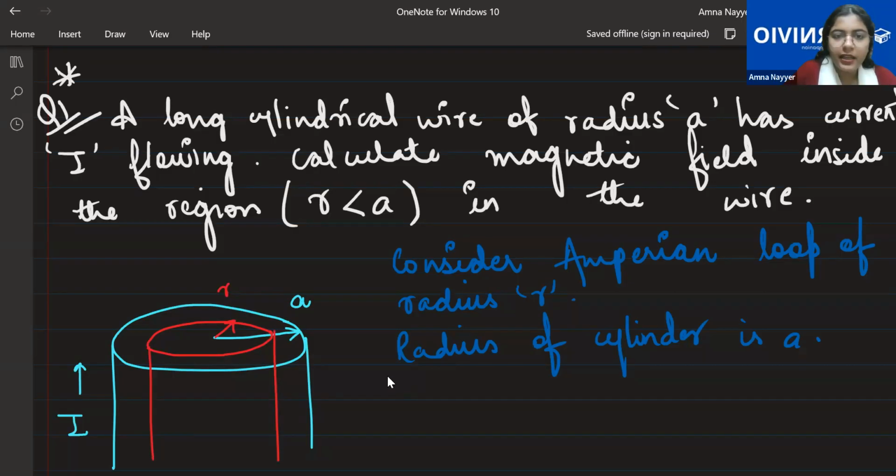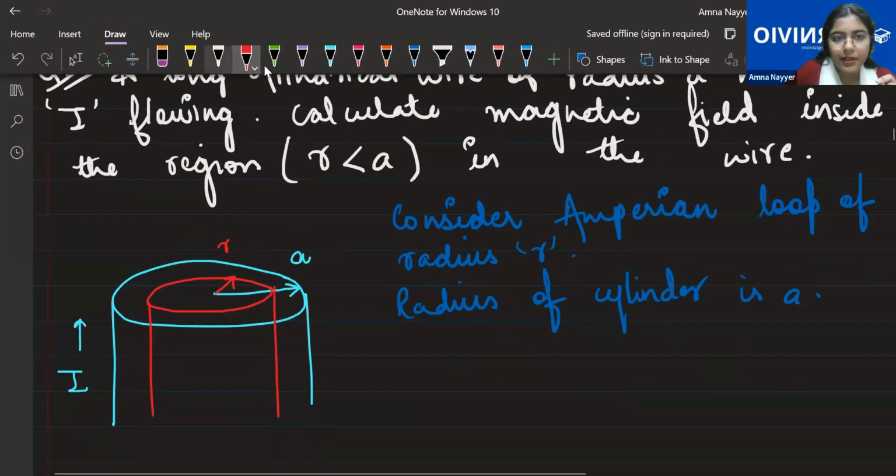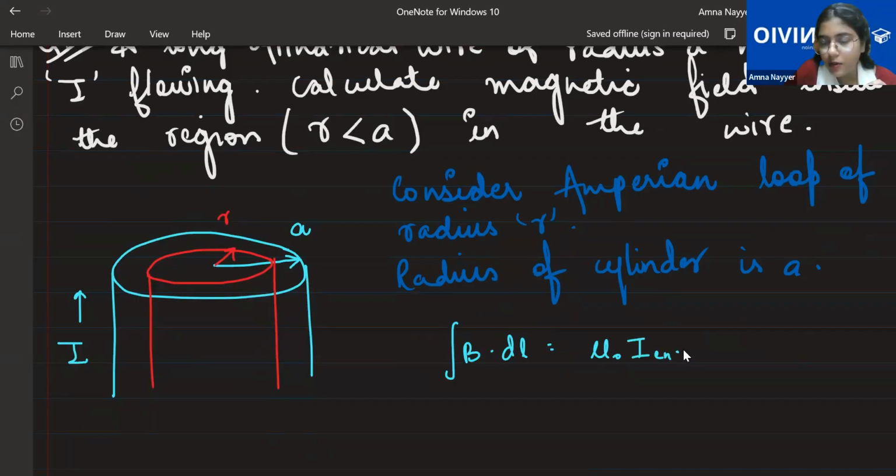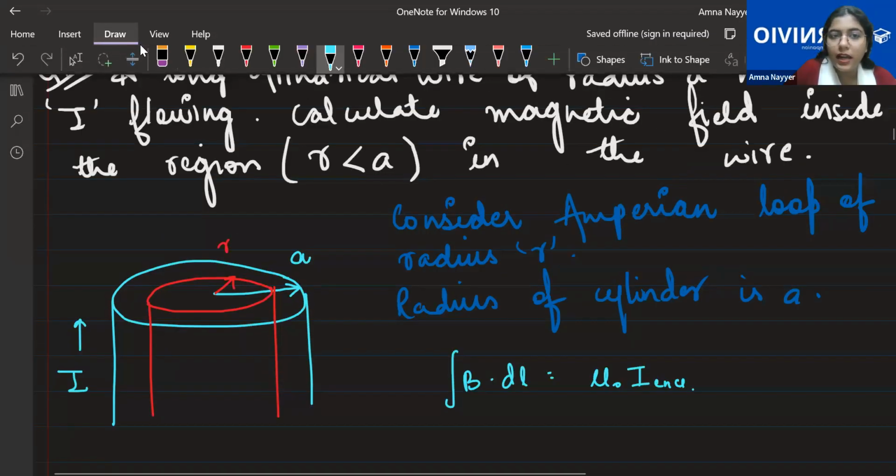So see, Raneem, here the problem is that when I apply the Ampere circuital law, let's say when I use integral of B dot dl is equal to mu naught I enclosed. This is the formula. Now B dl will be, we will get very easily. B we have to calculate. Integral of dl is also not difficult. Mu naught is also fine. Problem lies with current enclosed, I enclosed. Why? Because I is the total current. But do you require the total current? You always require the enclosed current.